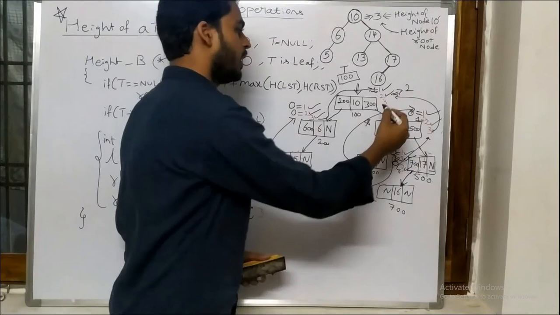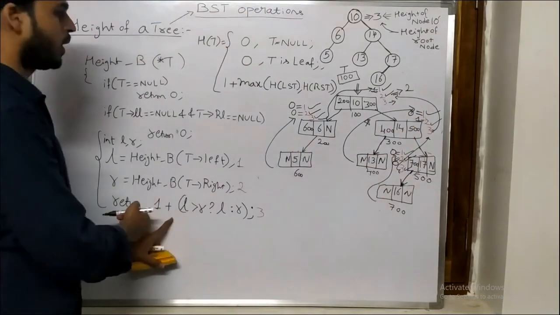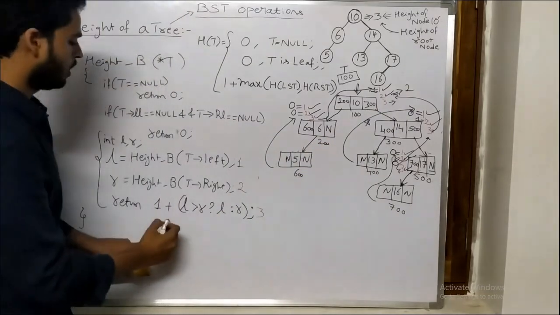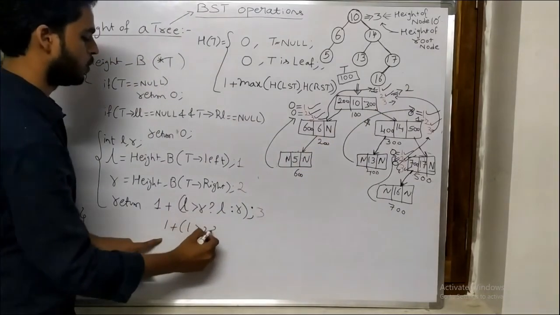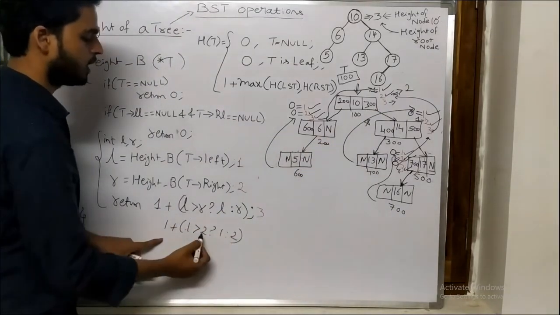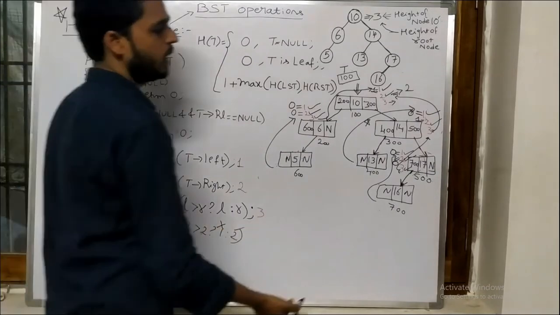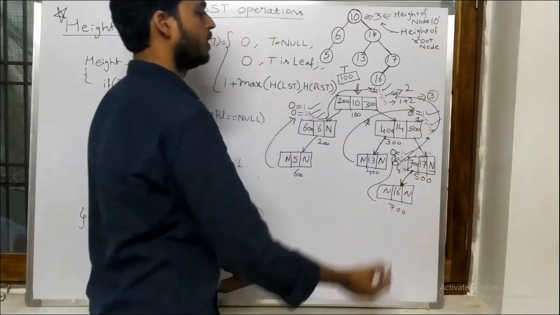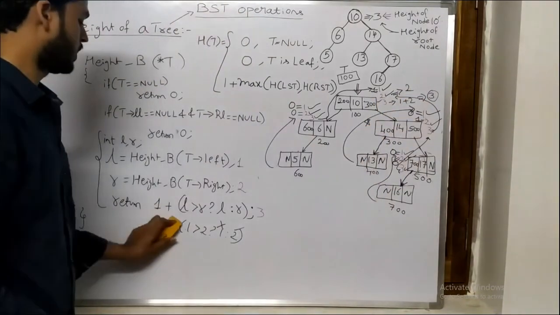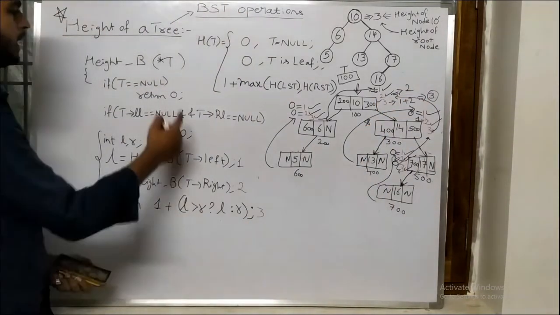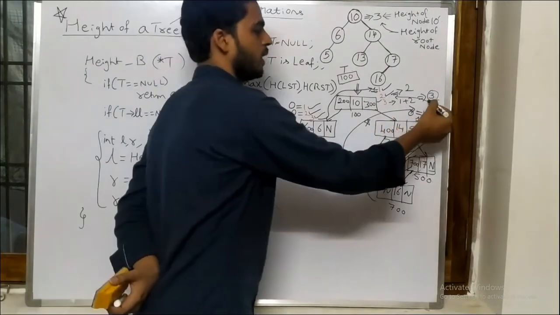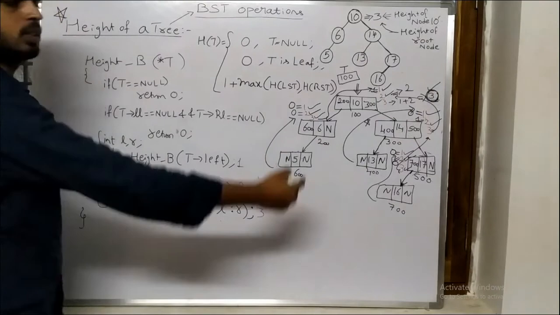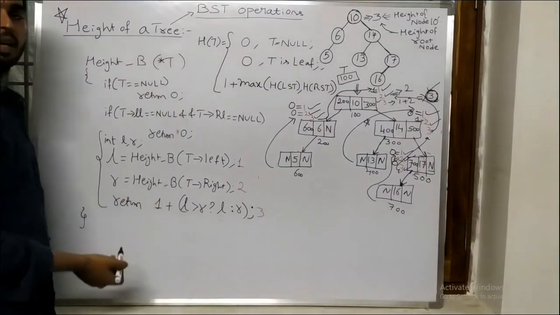Okay. Then it is going to execute the third statement. The third statement is 1 plus maximum of L, R. What is L value? 1. R value is 2. Either 1 or 2. So 1 greater than 2 condition fails, it will get the 2, right? So 1 plus 2 as 3. The third statement is completed. When all are completed, it is going to return the statement. So the height of the tree is 3 for this condition. So this is the implementation logic for the height of a tree.